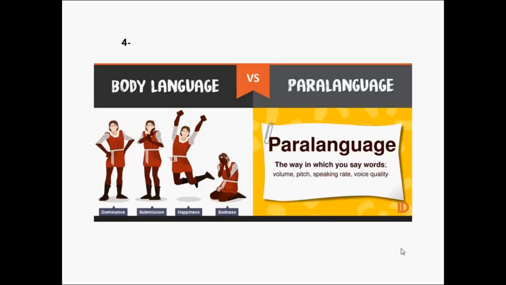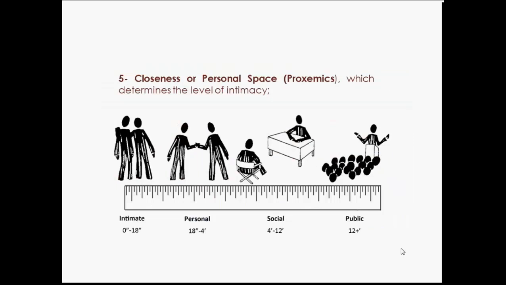If somebody is scared, you can feel it from his voice, for example. If he's nervous or something like that, you can tell his speech is not normal. And this is the closeness or proximity or personal space. Also this is open to interpretation, guessing. It's not 100%, the distance and stuff like that between people. Intimate, they're close, personal, social, public, whatever.